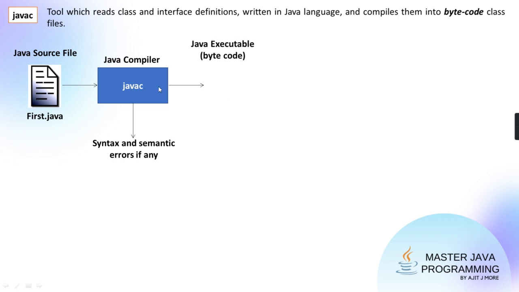This is the bytecode which some virtual machine can understand. So this Javac tool takes the source code and checks for errors. If there are none, then you'll get a bytecode called a Java executable, and it is also a file, and that file will have the extension .class. But from this naming, don't conclude that .class will have the same name as your .java. I hope in the last 1 or 2 sessions we talked about that only, that the .java file name and .class name need not always be the same.